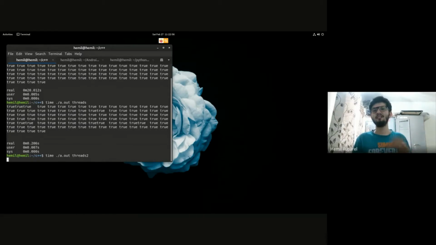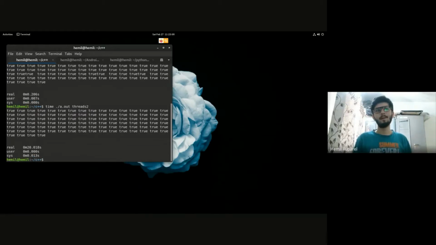Is there something I overlooked or something that I went too fast? No one? Okay, fine. So we are taking about 18 milliseconds, and we are not doing anything most of the time in the user space, and we are using 13 milliseconds of the kernel space.